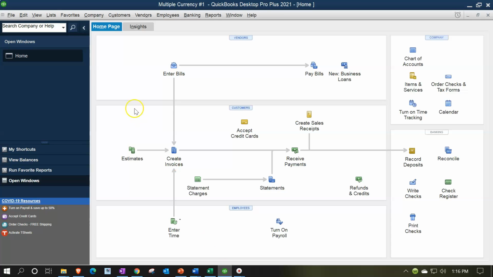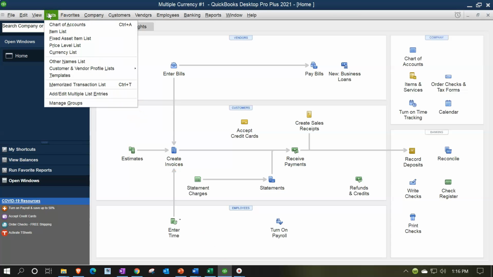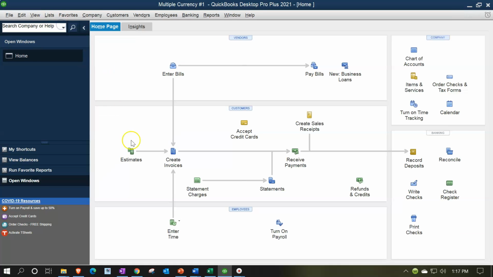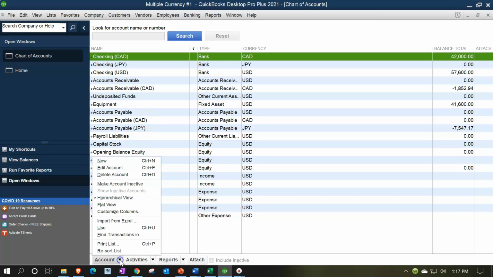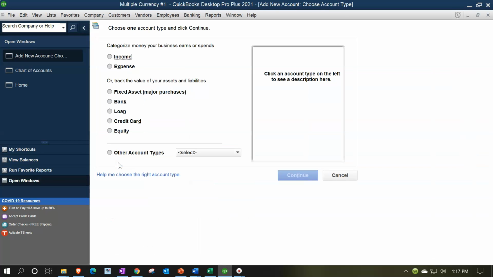So if I go back over to QuickBooks, I'm going to go to the lists drop down. I want to take a look at the chart of accounts, and we have an accounts payable in yen and Canadian dollars. We need one in pounds now, because now we're dealing in pounds. We're wheeling and dealing all over the world here. So we're going to say we want a new item. So we're going to say right click, new, and then this is going to be, oh, before we do this,